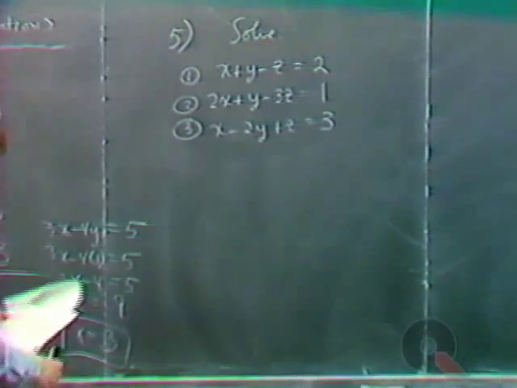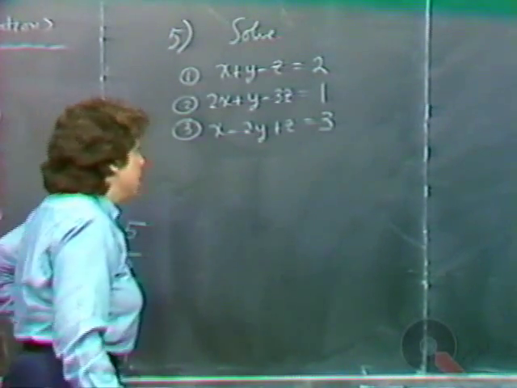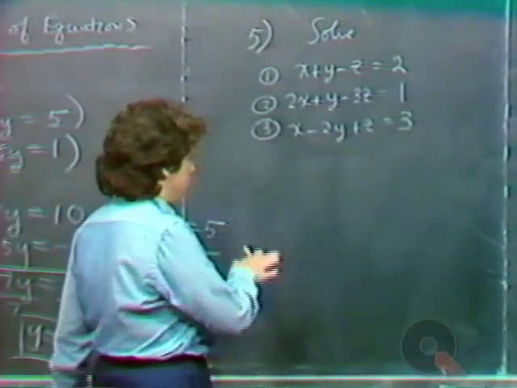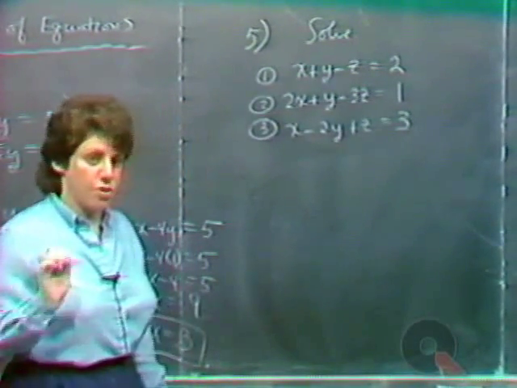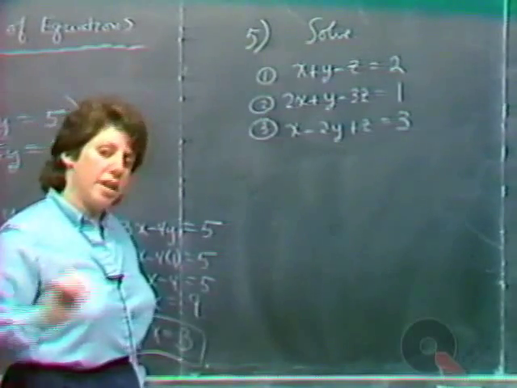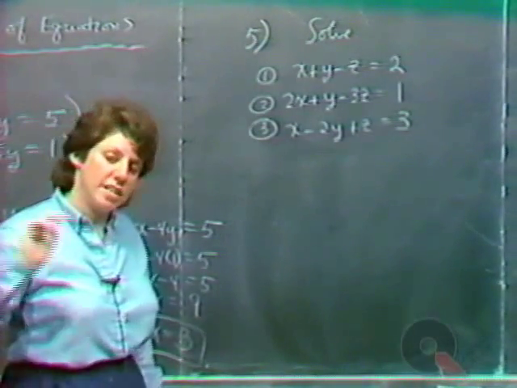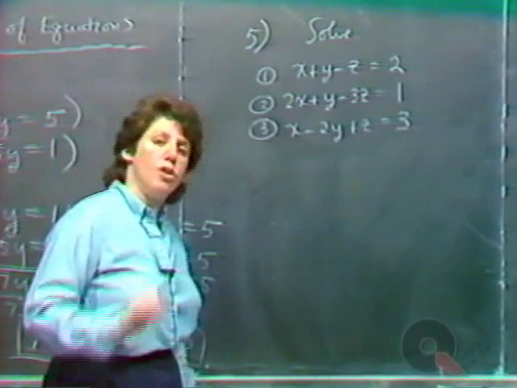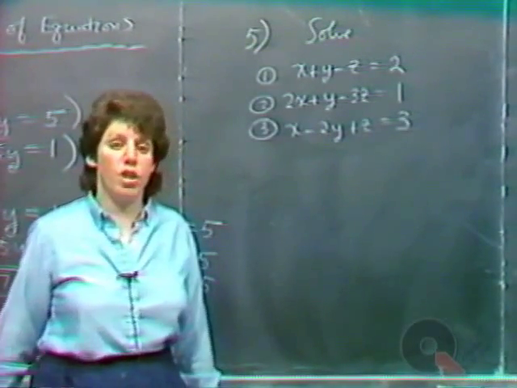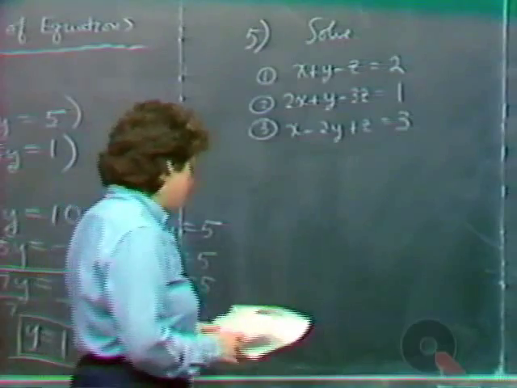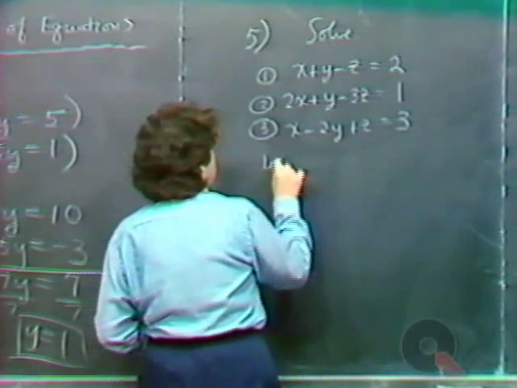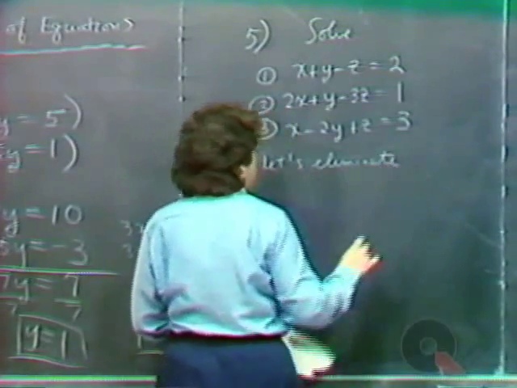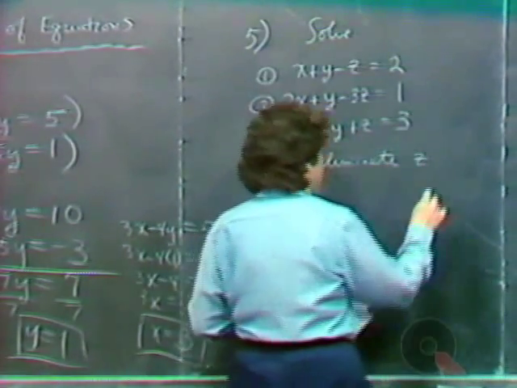Okay, now, the way we handle a problem like this is to use elimination. What we're going to do is pick a pair of equations and eliminate one of the variables from that pair of equations. Then pick a different pair of equations and eliminate the same variable from that pair. That will reduce the system to 2 equations and 2 unknowns, which we already know how to solve. So let's start by eliminating the variable z from